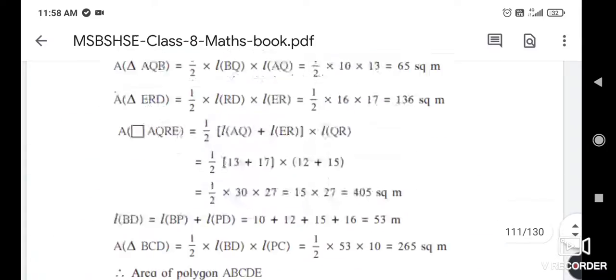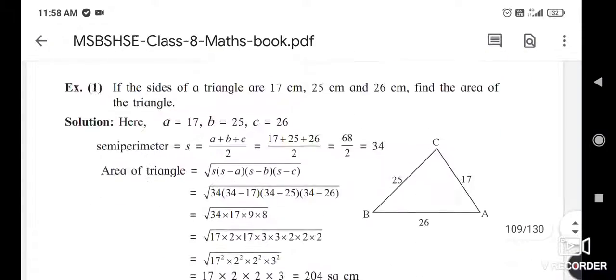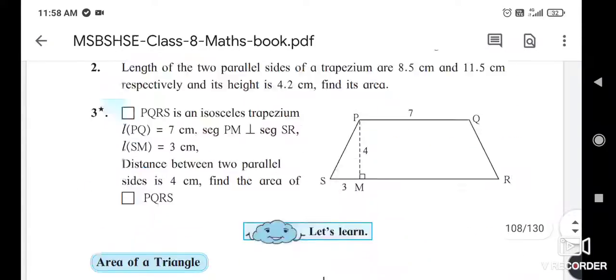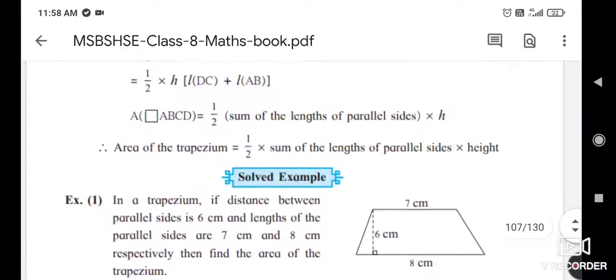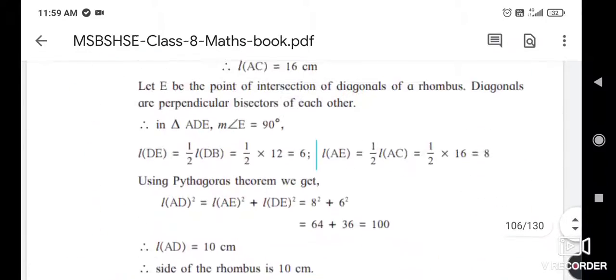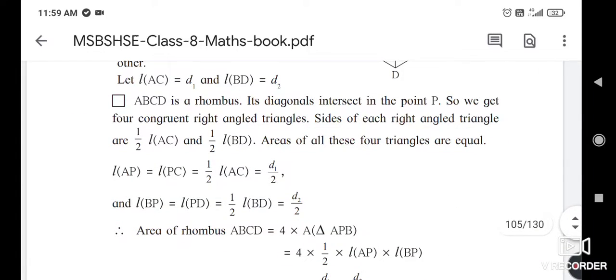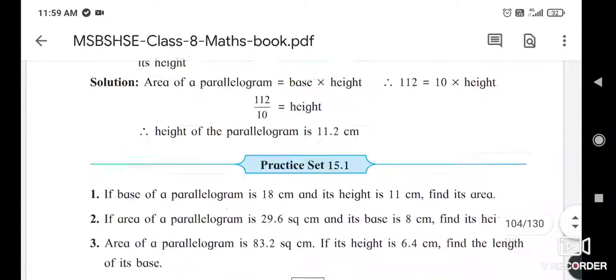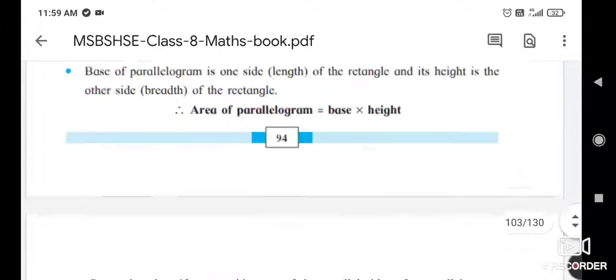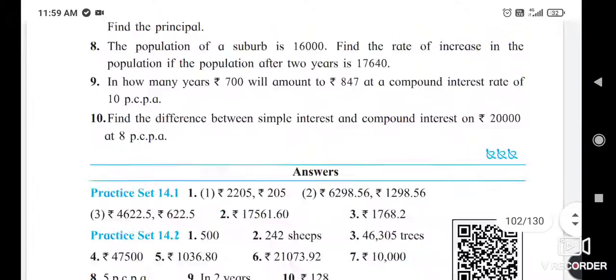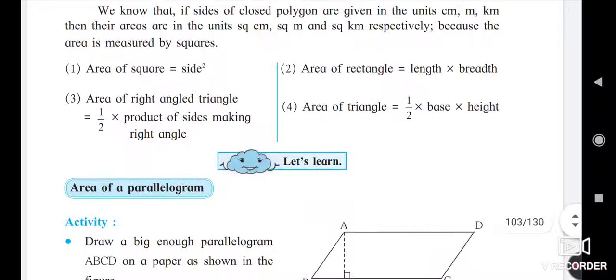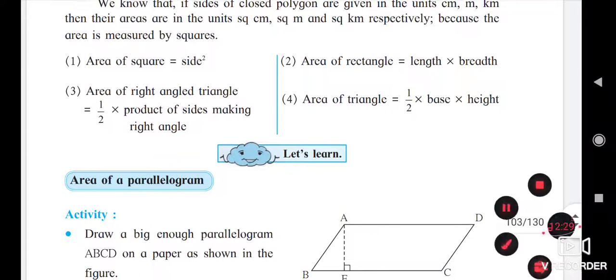So today we are finishing this lesson, and this is a very important lesson. As you are in standard 8, it is the base of standard 10. So you have to make all the formulas from this lesson perfect, because they are the same formulas we use in standard 10. Once we revise the formulas, we will stop.